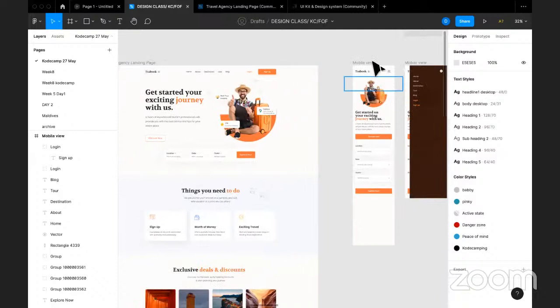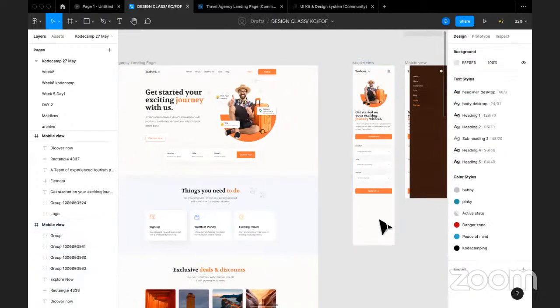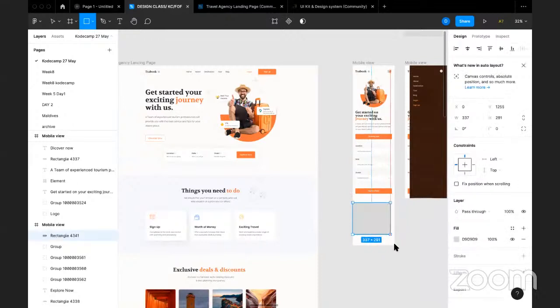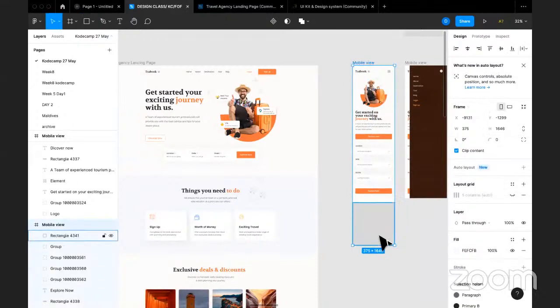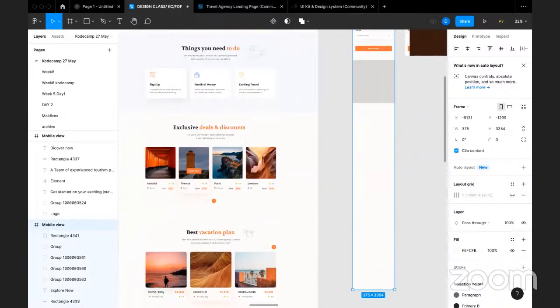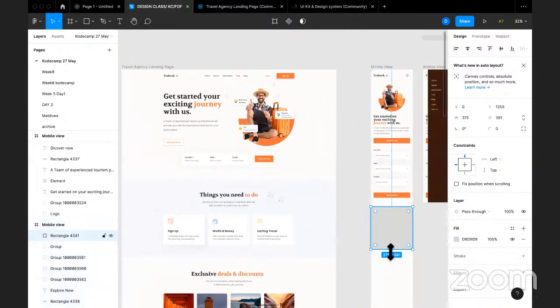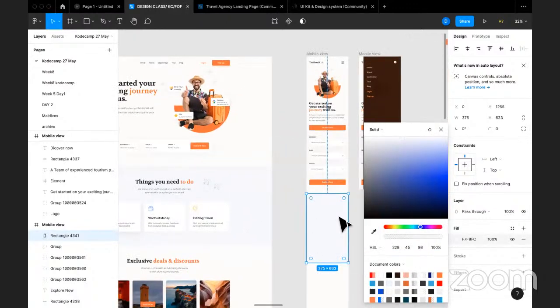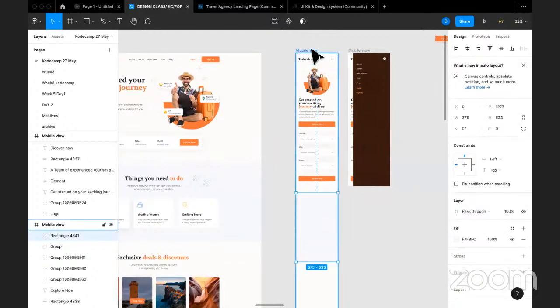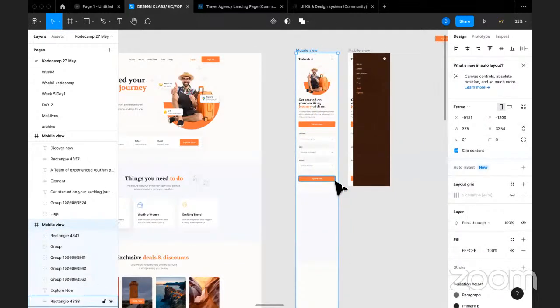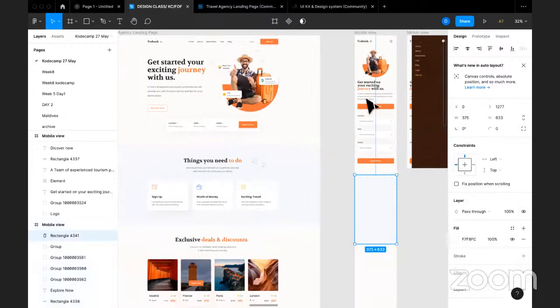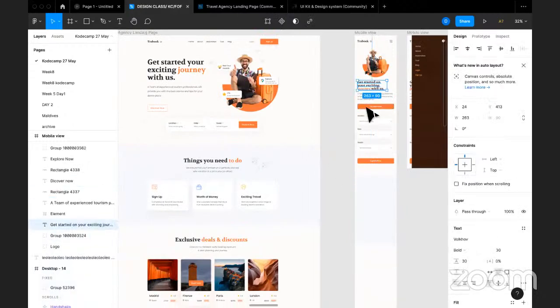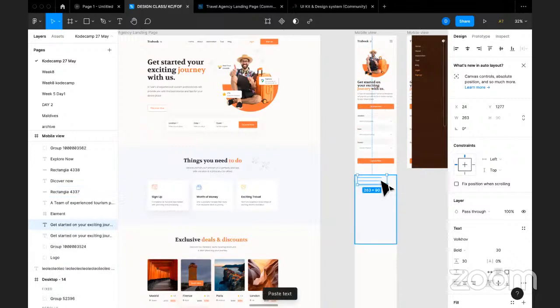Okay, so the next thing we have here is things you need to do. All right, so we can just create another shape. So we are going to design another section now. I would select this frame and then I'm dragging it down. I'm just going to use the eyedropper to copy this. Okay, so I'll just copy this here and